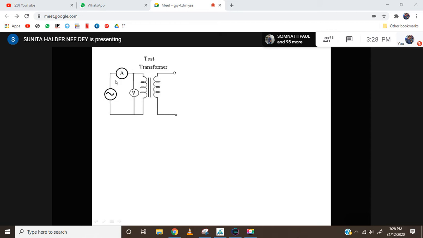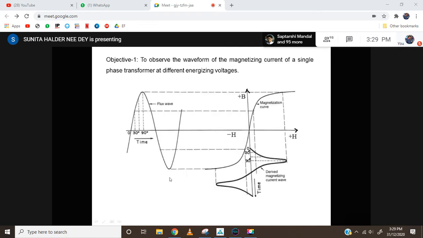To observe the magnetizing current, the transformer secondary should be open. Otherwise, if there is any load at the transformer secondary, that will be reflected in the primary. So this current in that case will be the summation of the magnetizing current plus the component of the secondary current in the primary. So if we want to observe only the magnetizing current, then obviously the secondary should be open.